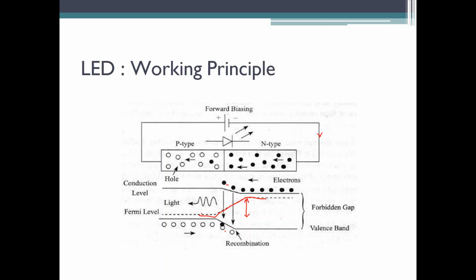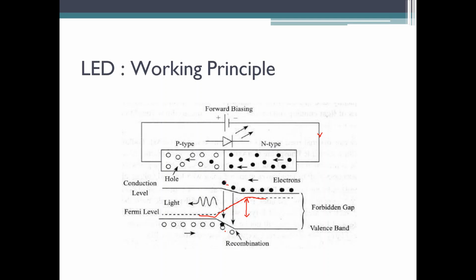Now if you are asking me, sir, what about the colors, the different colors? Colors depend on the material you use for the manufacturing and also the energy level of the electrons. For example, if the electrons are at a very high energy level, then normally the color of the light radiated will be different. Suppose the electrons are at a lower energy level when compared to the highest one, then normally the color of the light that is radiated will be different. That is what my normal physics also says.